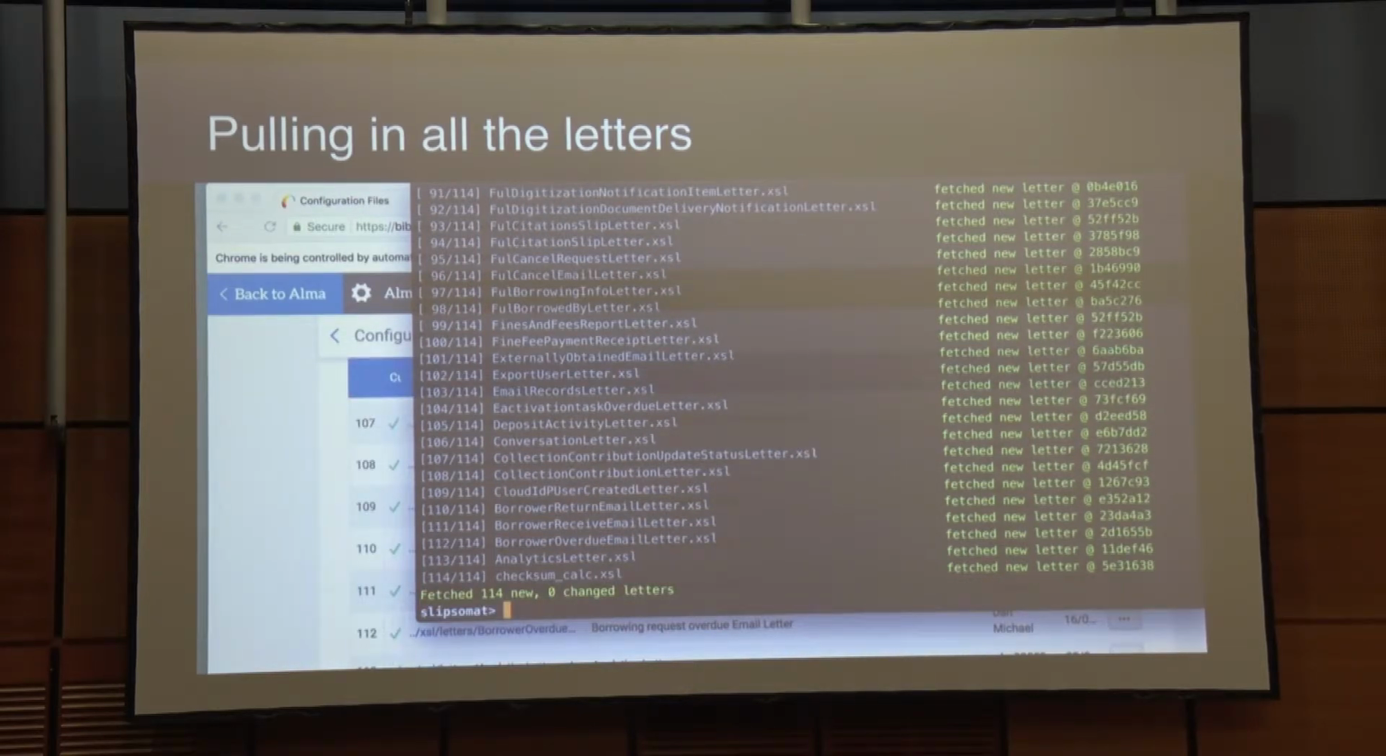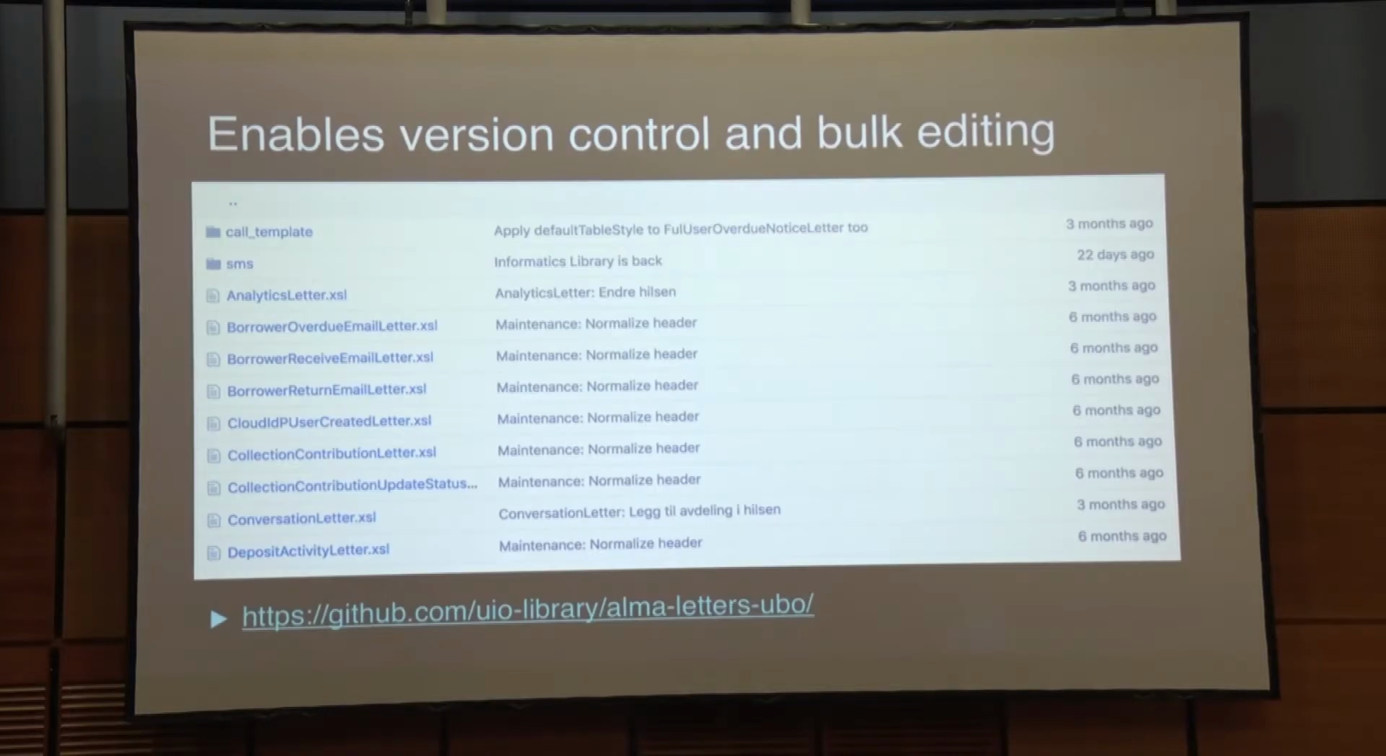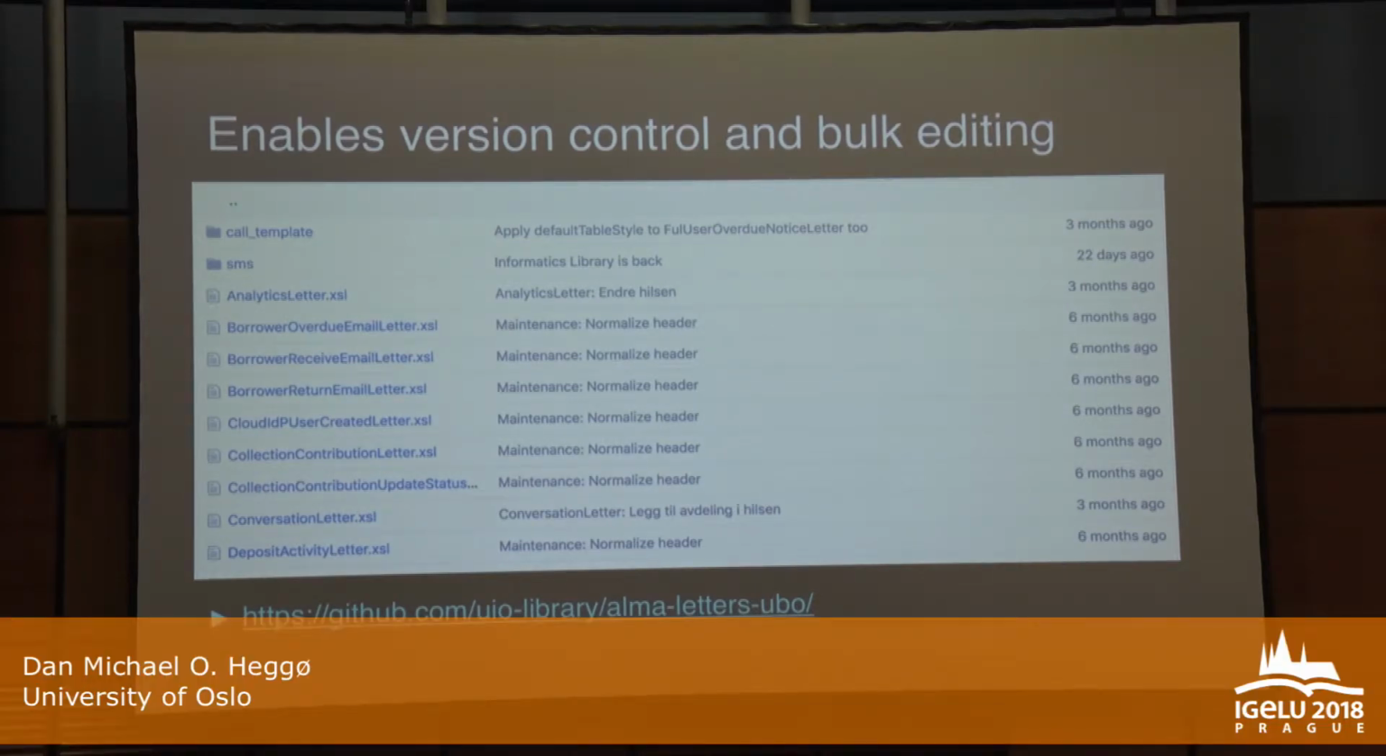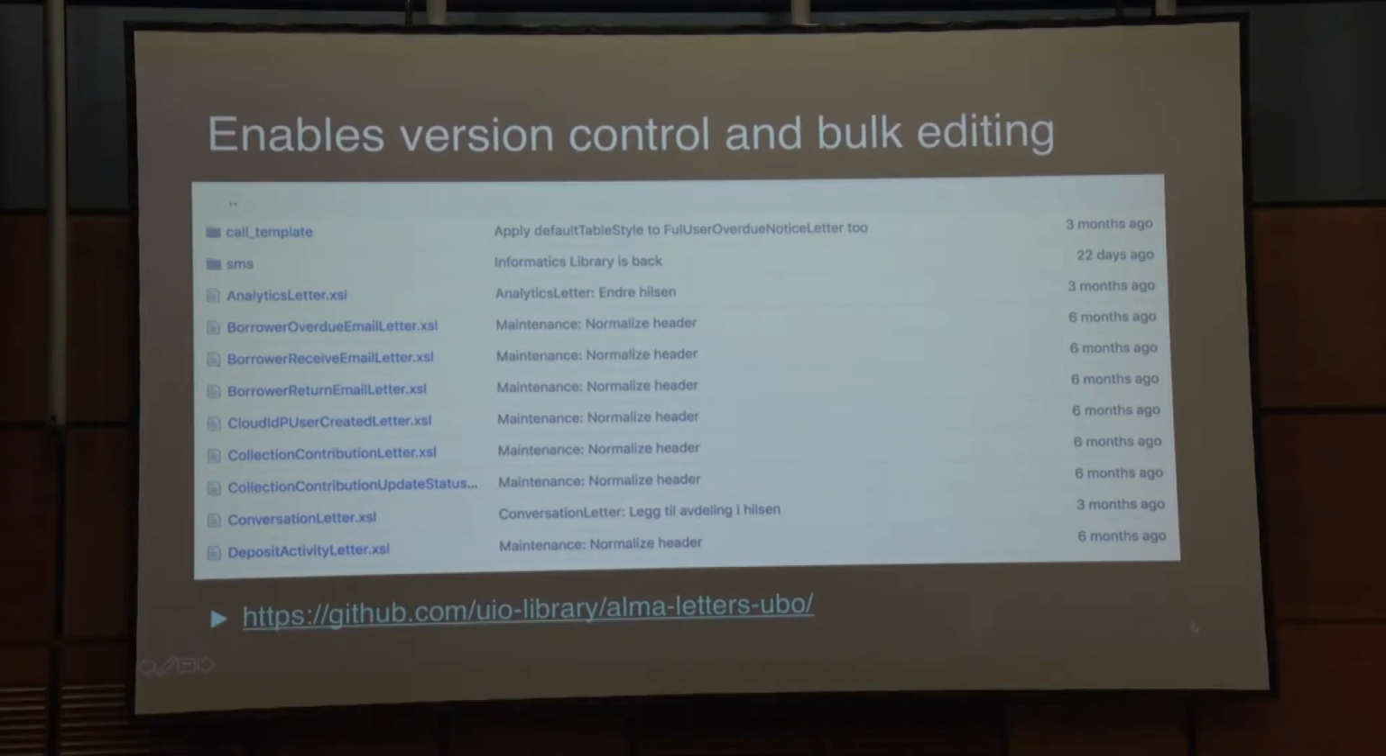So once this is done, we now have 114 XSLT files in our own folder. And this is great, because now we can add these to Git or something else, and we can search through all the files and make bulk edits. And we have made our letters available on GitHub, so you can see there. Some of the commits are in Norwegian, some in English. So, anyways,